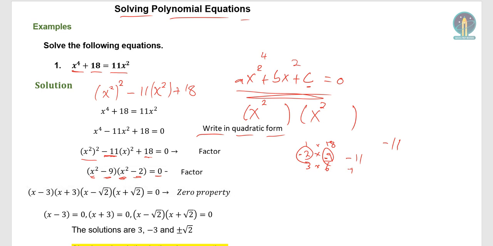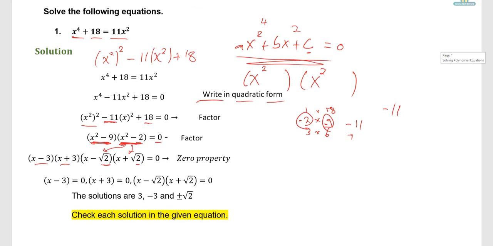But I can factor this further, right? So now x squared minus 9 is a difference of two squares, which gives me x minus 3 and x plus 3. X squared minus 2, well, if you take the square root of 2, it's not a whole number. But algebraically, I can work with just the square root of 2. So we can treat this as a difference of two squares and break it down to x minus square root of 2 and x plus square root of 2, which is perfectly fine. Okay? And now from our zero product property,